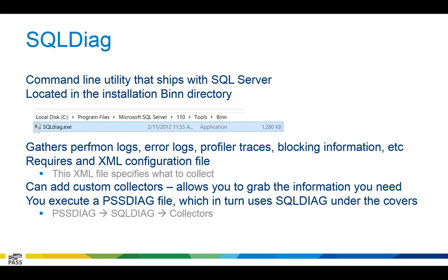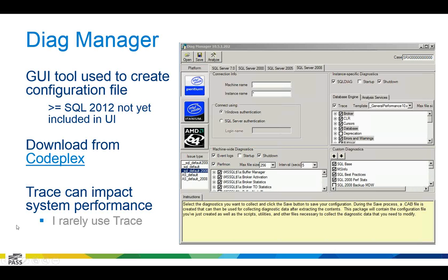Now there's a couple of things that I want to point out with Diag Manager here. First is going to be towards this left-hand side of the screen, the platform. You want to pick the platform for which SQL Server is installed on. It's either going to be a 32-bit, and you see these less and less these days, or it's going to be a 64-bit server. And this is almost certainly going to be the choice that you're going to pick, this AMD 64. Choose this option first,